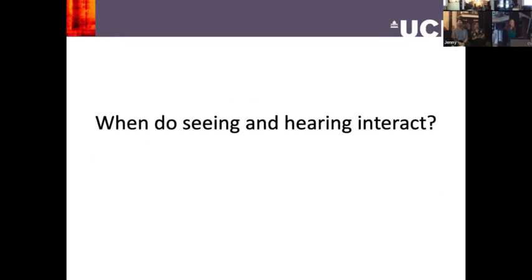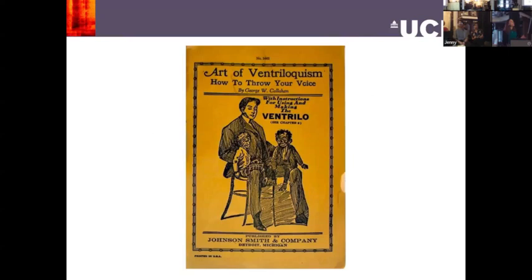So I'm going to step back now and ask a more simple question, which is, when do seeing and hearing interact? And the spoiler alert is really all of the time. How do we know this? Well, one way that we know this is through sensory illusions. A really old illusion at this point is the ventriloquist illusion. This is the idea that you have a ventriloquist who has a dummy, and they move the dummy's mouth in time with their own voice while keeping their own face very still. This is so-called throwing your voice. And you can get this really compelling illusion that it's the dummy itself that's speaking